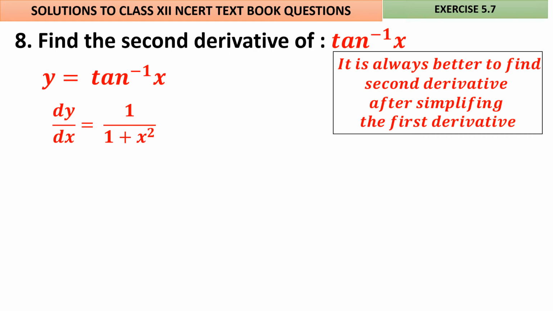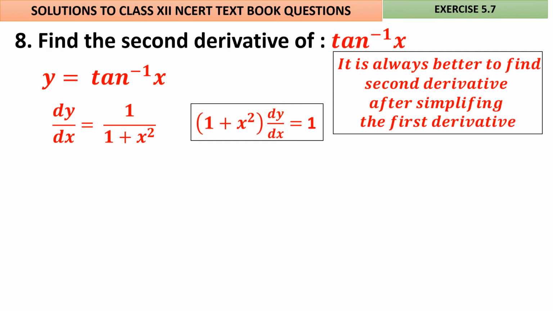Suppose if you have anything in the denominator, to avoid that division formula, we can cross multiply. For example, for sin inverse x, you will get the derivative in the denominator. Cos inverse x, you will get the derivative in the denominator. Tan inverse x, it is 1 upon 1 plus x square. Log x, it is 1 by x. Root x, it is 1 by 2 root x. In those cases, to get the second derivative, better cross multiply. Therefore, I will cross multiply and write it as 1 plus x square into dy by dx. Here, the thing is, we are avoiding the division formula, that's all, nothing more than that.